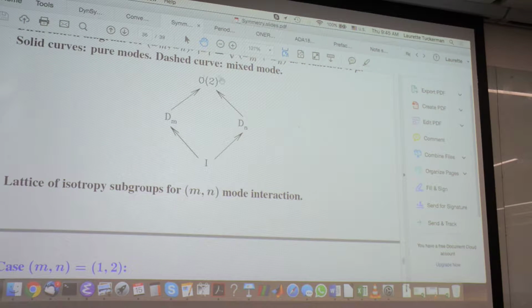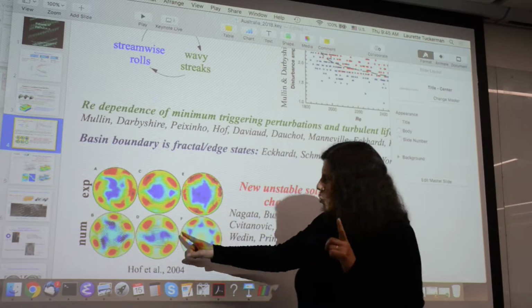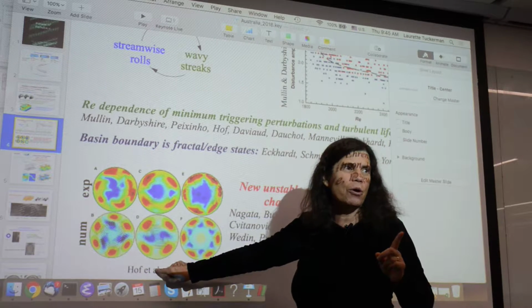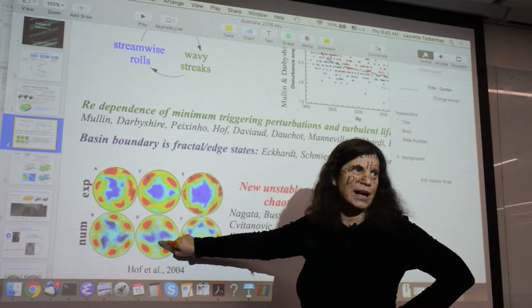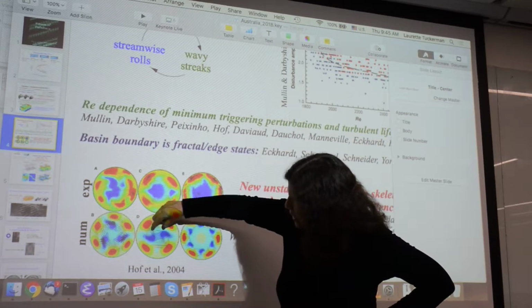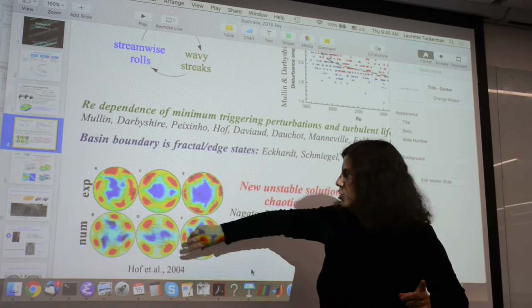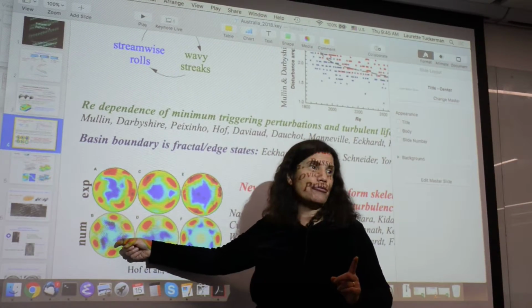Here's something with O2 symmetry, and these are bifurcations that lead to DM and DN. DM and DN are what you're seeing here. That is to say, you are seeing something that has fourfold symmetry, but not quite. It's got a direction, so it's not D4, it's Z4. No, I think it's even, no, it's not, it's Z2, actually. Because these things are spiralish, the only symmetry operation that leaves it invariant is a rotation by pi. So this is Z2. This thing here is Z3.